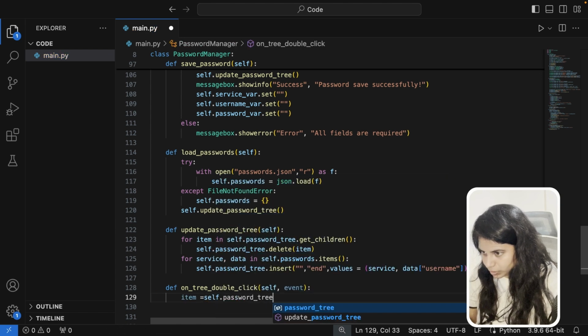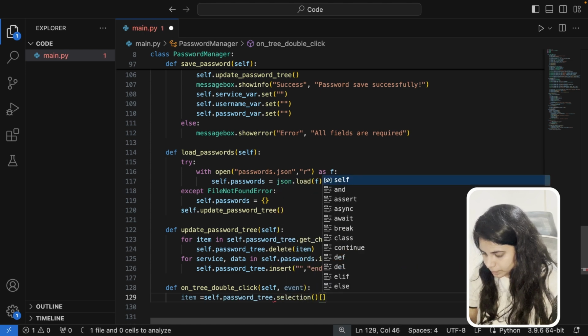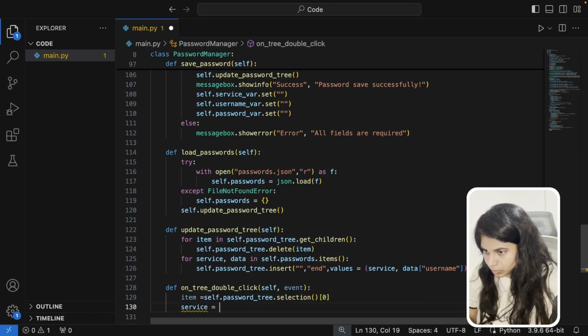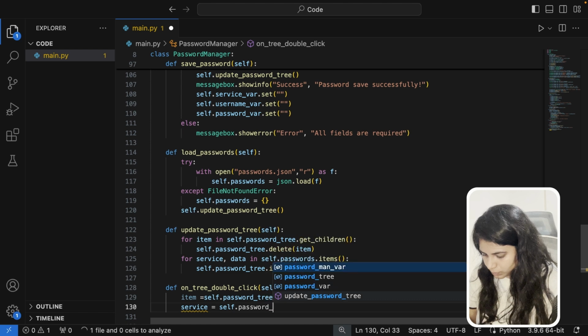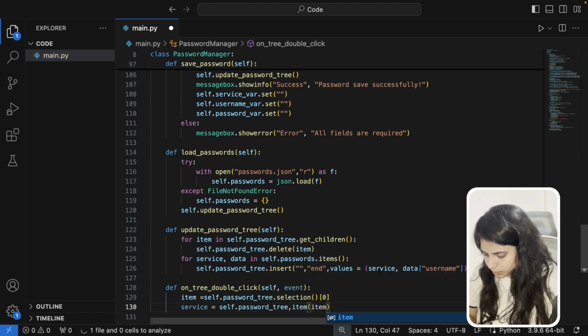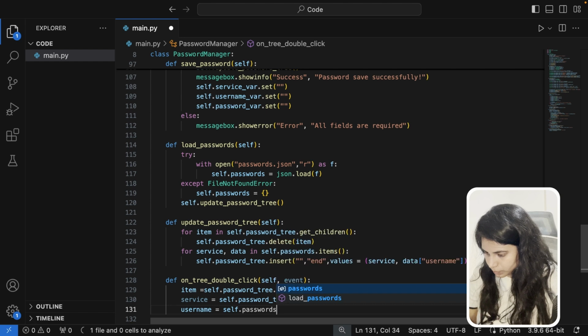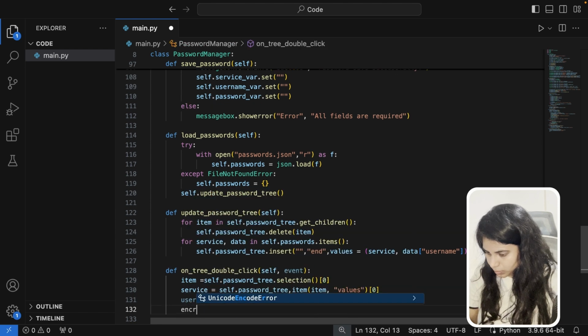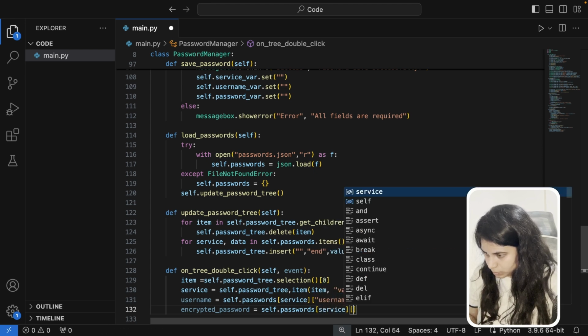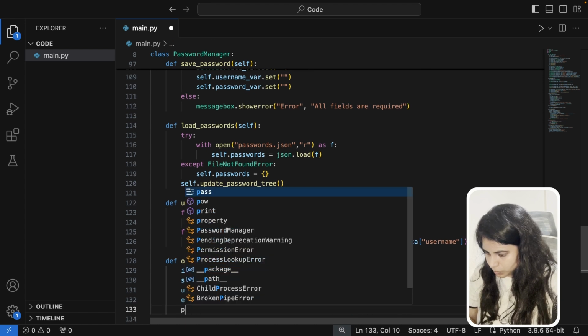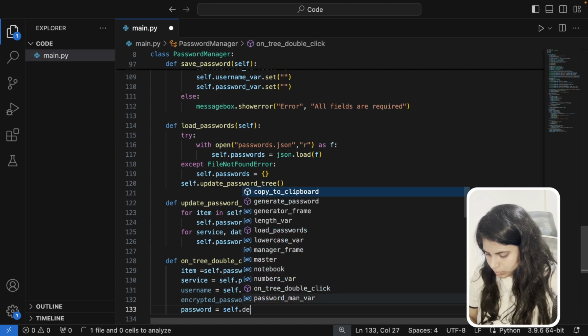Self.password_tree.selection, service equals self.password_tree.item, so 0 index, then username equal to self.passwords service, then we pass the username, encrypted password equal to self.passwords service, password equal to self.decrypt